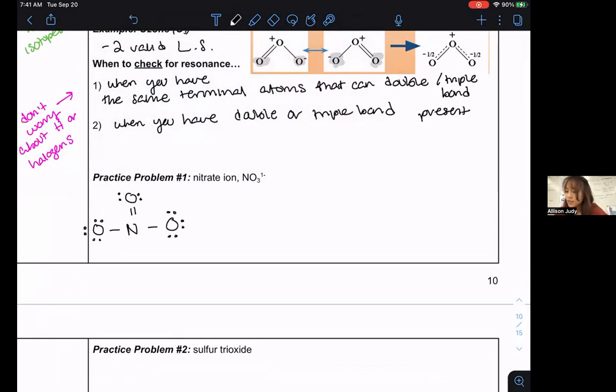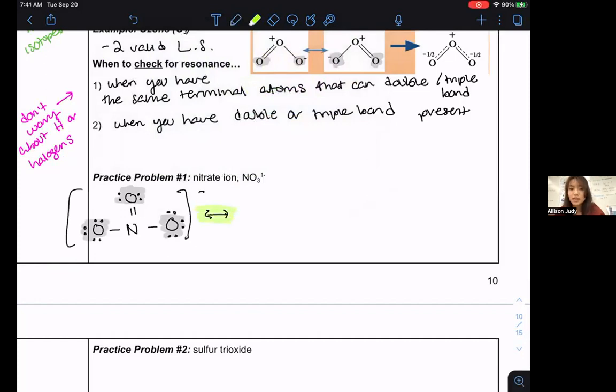Okay, you should have gotten something like this, I believe. And of course, you have your brackets and your charge on the outside. What we would say is, notice I have equivalent terminal atoms. They're all oxygen. That means they all behave the same chemically. So what I would say is, following the Lewis structure rules, I could have, and this is the symbol